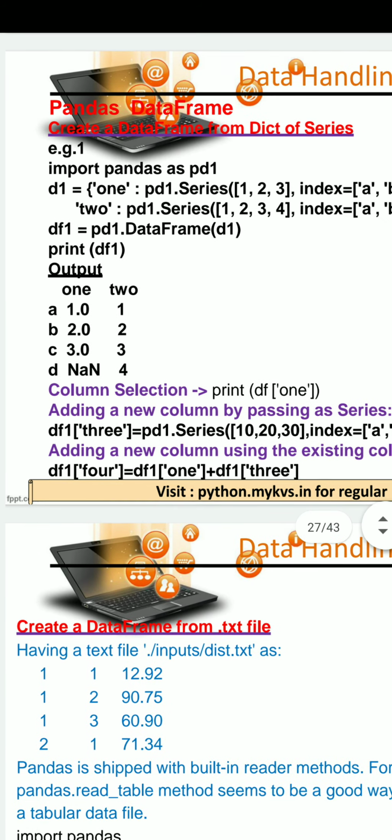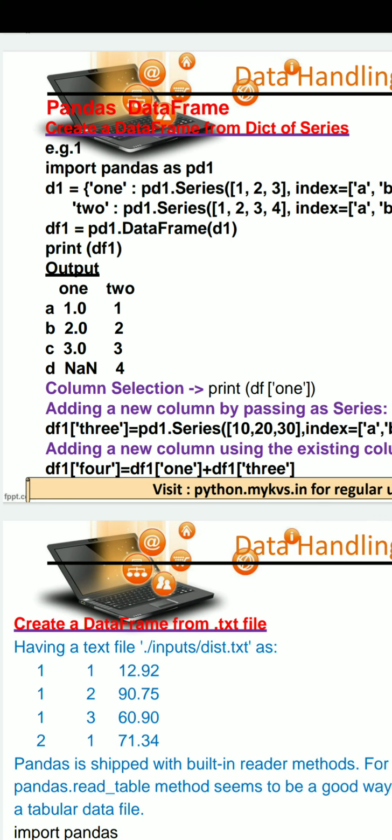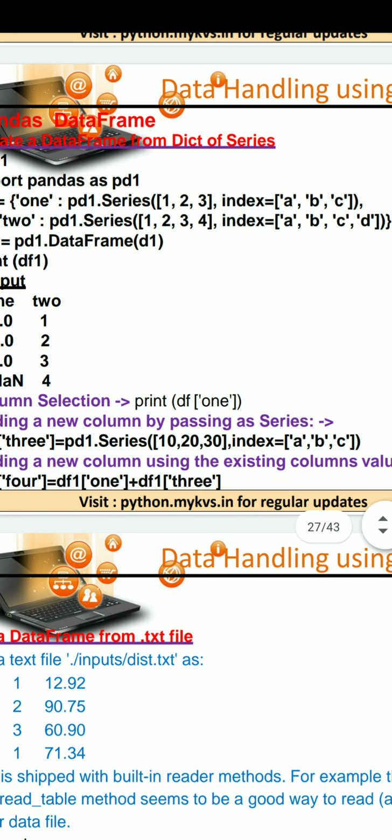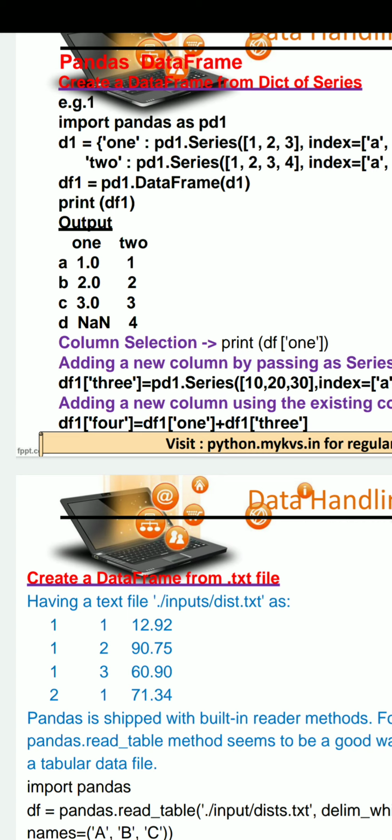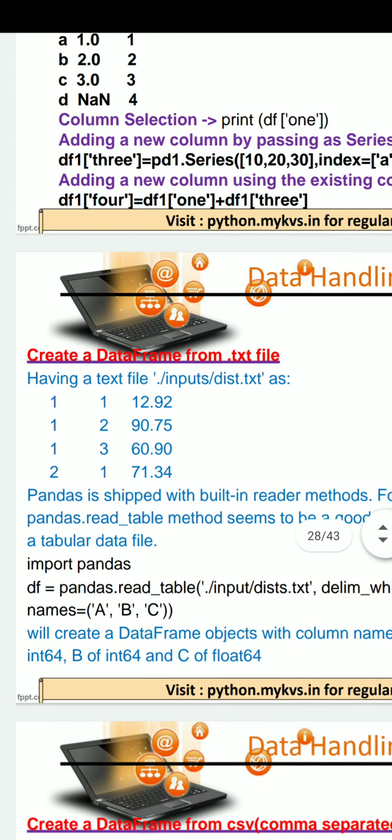So here we mention the column name 3 directly, and it will pass the values of the series 10, 20 and 30 on labels A, B, C. I leave this for your practice.